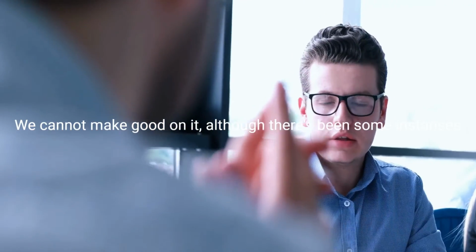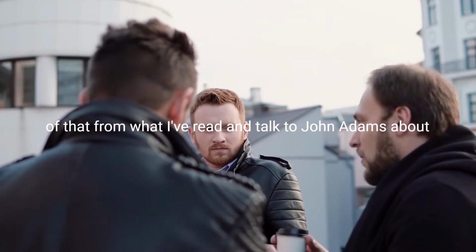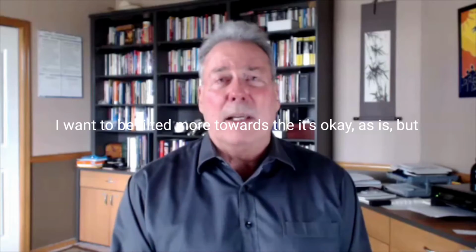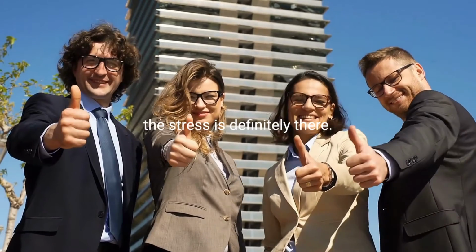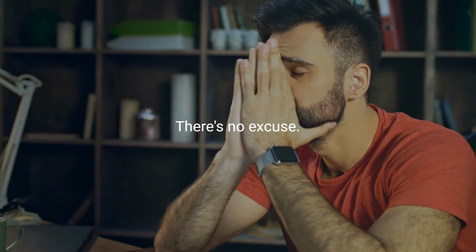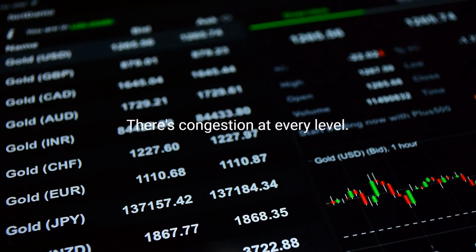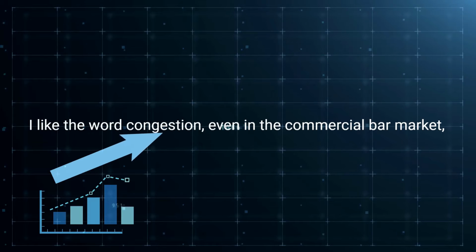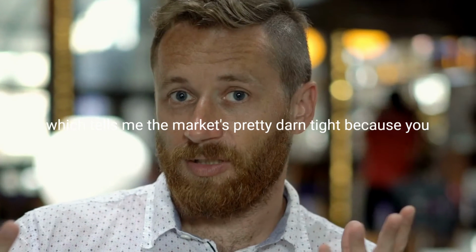Although there's been some instances of that from what I've read and talked to John Adams about, covering a lot on the Perth Mint. So again, I want to be fair. I want to be tilted more toward the it's okay as is, but the stress is definitely there. There's no excuse. There's a lot of stress in the silver market. There's congestion at every level. Call it backlog. I like the word congestion, even in the commercial bar market, which tells me the market's pretty